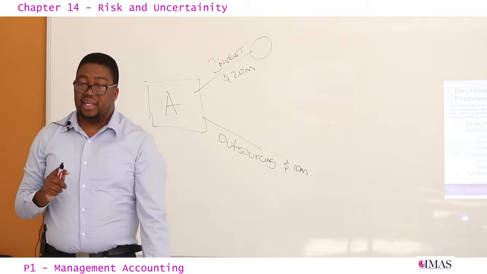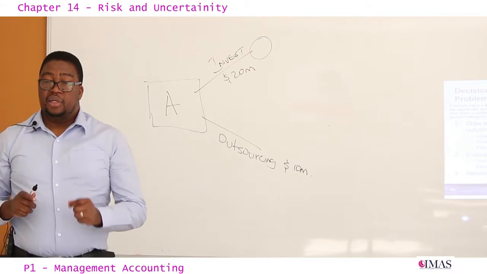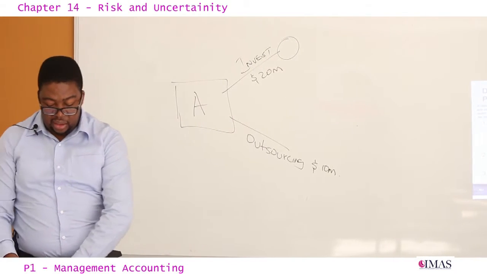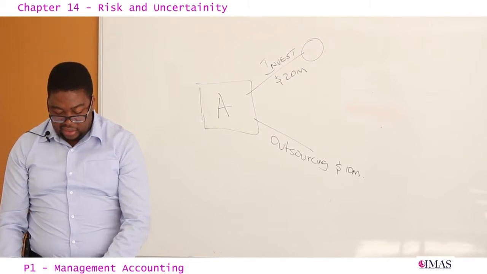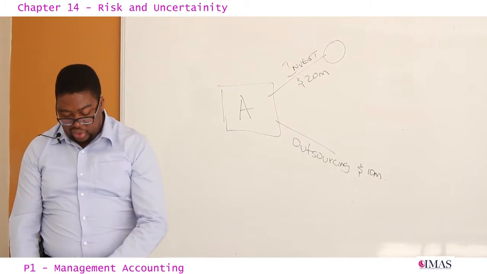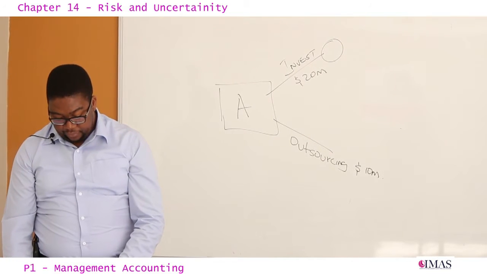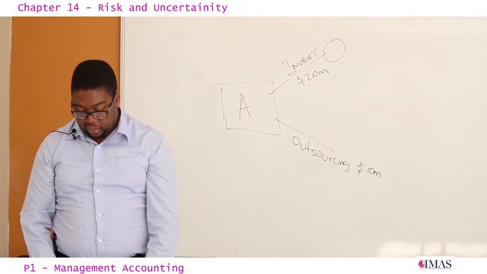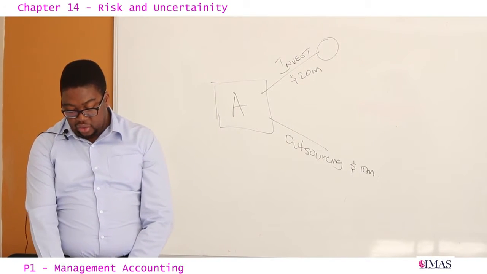What did we say a circle is? It's not a decision point. Whenever we see a circle, we said it is not a decision point. We said a circle is used at a chance outcome point, a chance outcome point. Okay? Therefore, if we invest the 20 million,